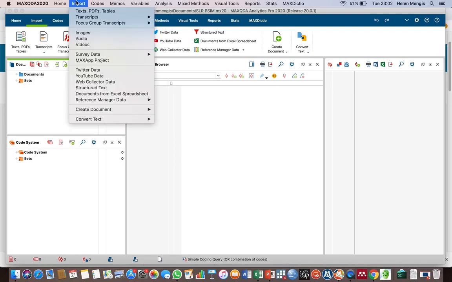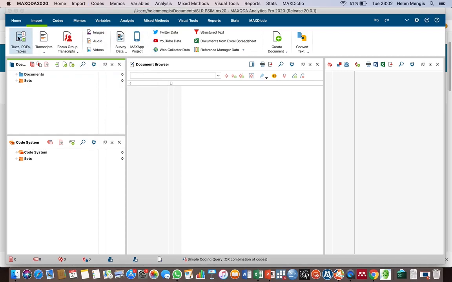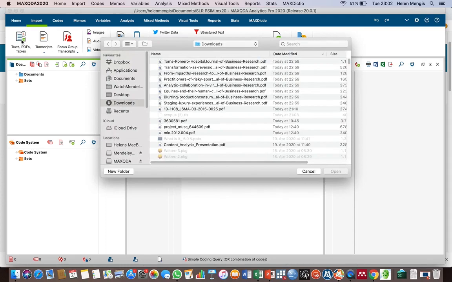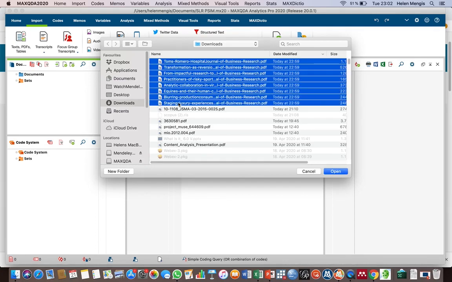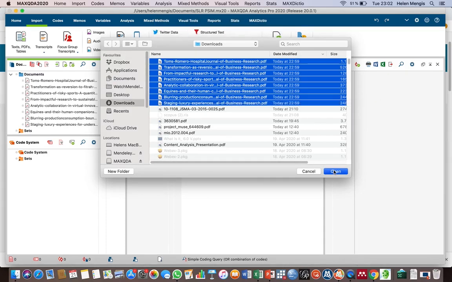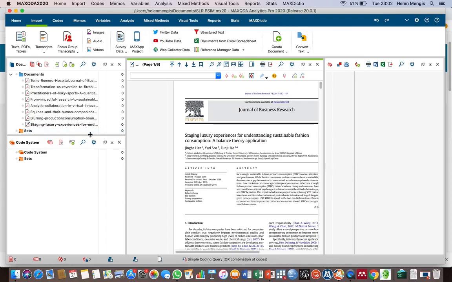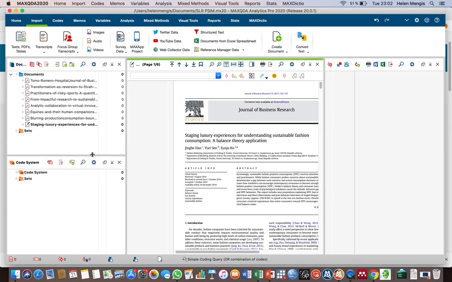And you can either do this by going here and import text PDFs, or by clicking here on this text PDFs and tables button, and you can then choose as many articles as you want at the same time,